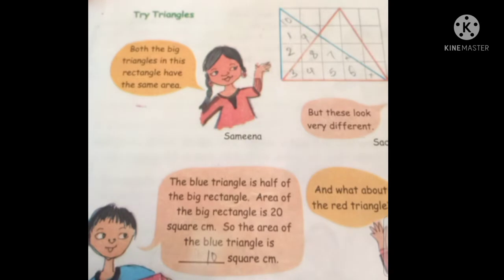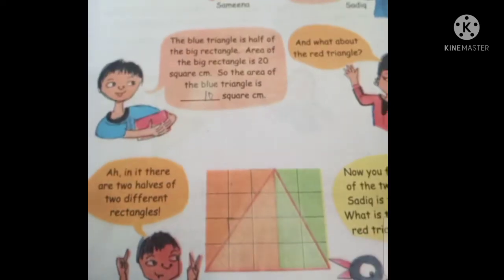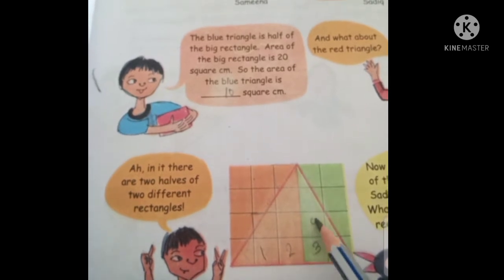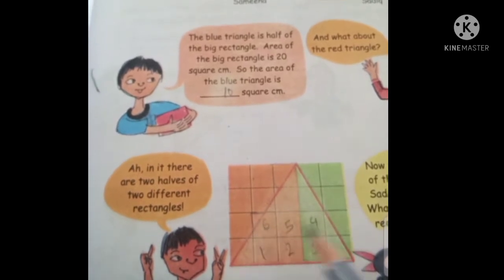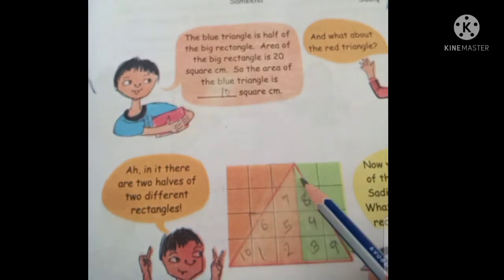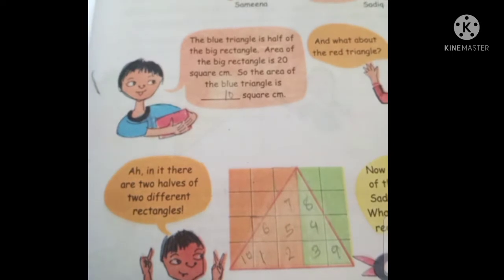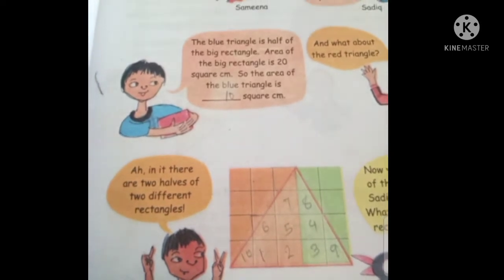Okay. Now let's count the area of the red triangle, because the blue and the red both are the same area. So that also should be 10. But how does the 10 come? Let's count it out. See, I am counting the full squares. 1, 2, 3, 5. This is more than half, 6. This one 7. This one is 8. Now this also covers more than half, 9. And this also more than half, 10. We don't have to count this one because it covers less than half portion of the rectangle, right? So the area of the red triangle is also 10 square centimeter. Are you clear now? Okay. Let's go to the next page.